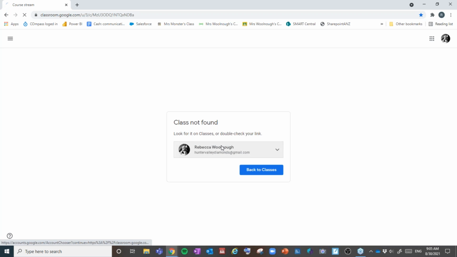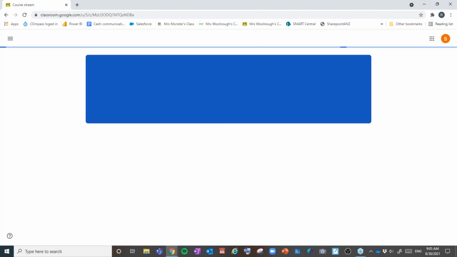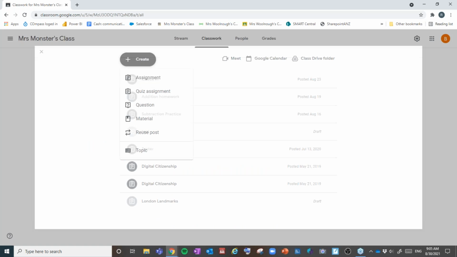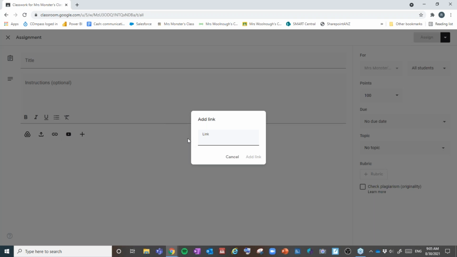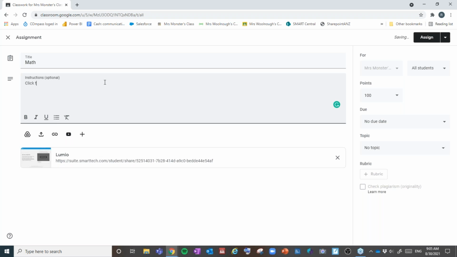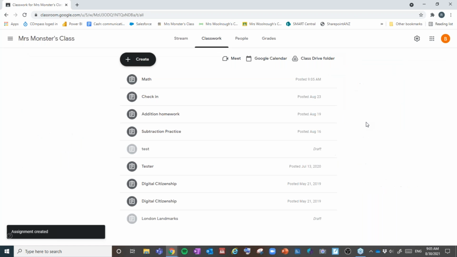And you can see, I'm going to quickly jump into my demo SLS. And here's my classroom. And again, it's exactly the same. I can announce or add classwork. So I can create classwork, I can create an assignment. I like to add my link here, add link, give it a title, some instructions, and assign. And again, that's a quick and easy way to add the content,